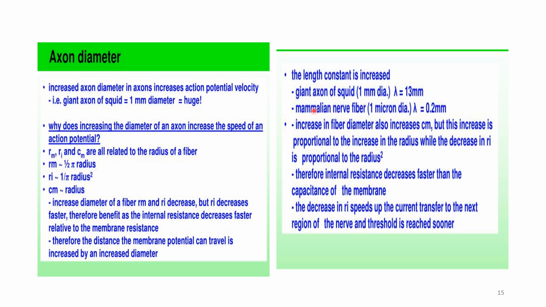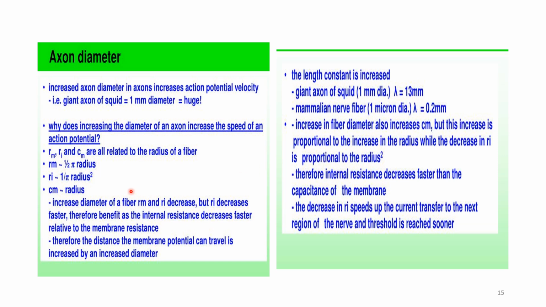We have observed that the length constant in a 1 mm diameter axon of the squid is 13 mm. In a mammalian nerve fiber, it is 0.2 mm. This nerve fiber is 1 micron in diameter. So, increase in fiber diameter,